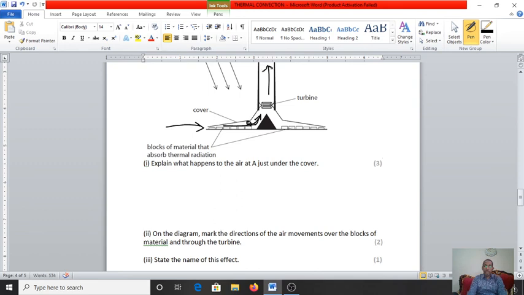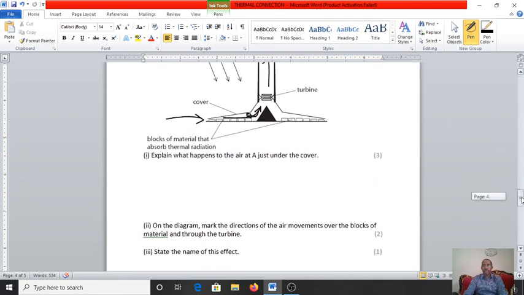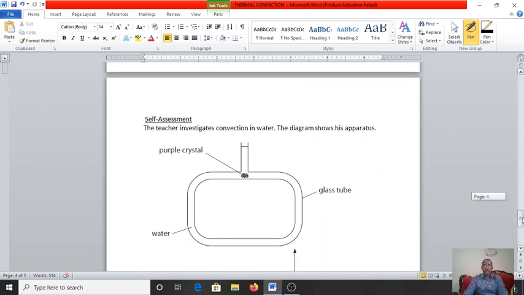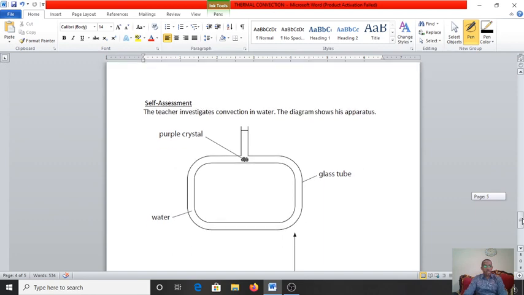That's what happens inside. And then state the name of this effect. This effect is called convection currents. And that brings us to the end of our lesson. Try to answer this question. It's similar